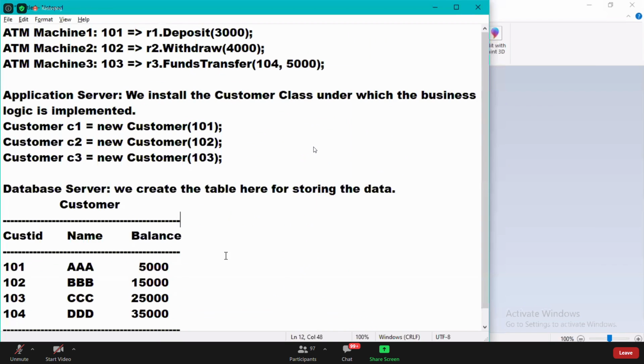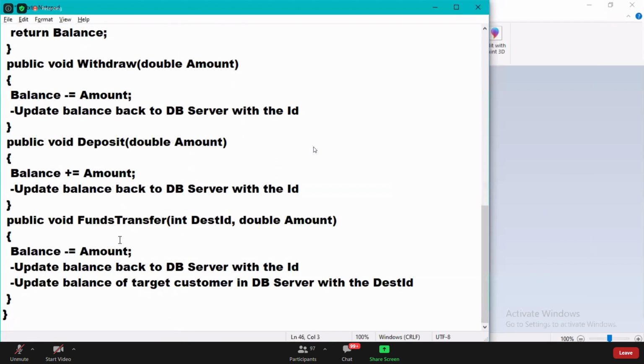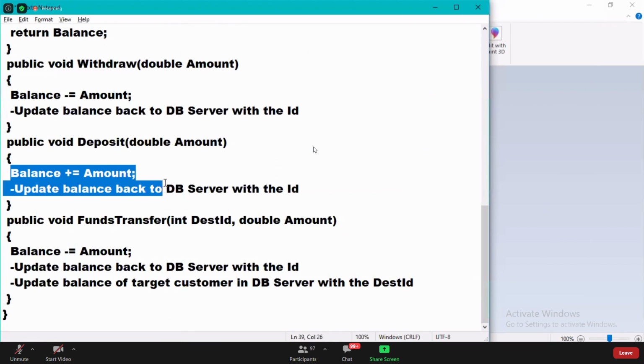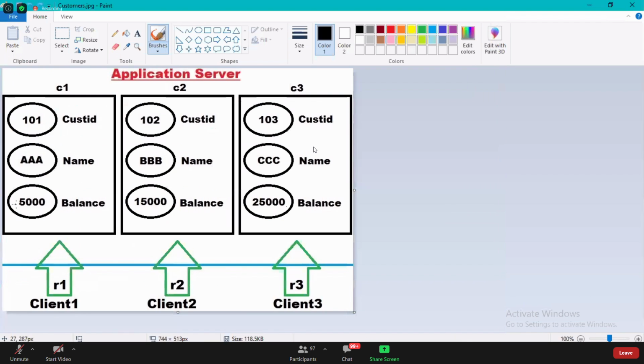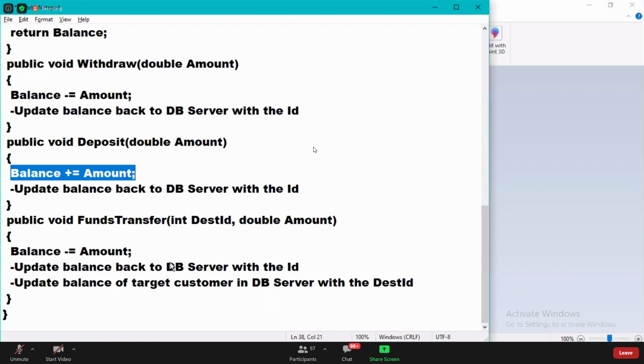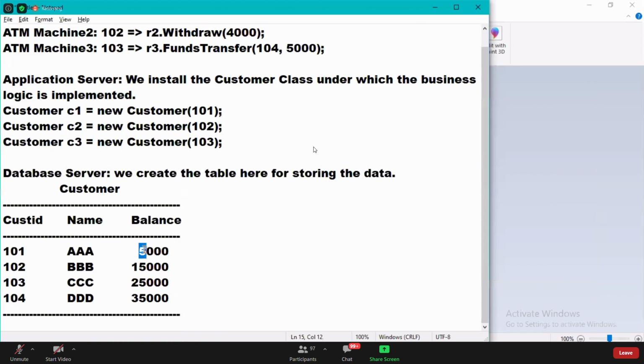In the deposit method, I wrote the logic to add the amount to the balance. Immediately this amount is added to the balance and this will become 8,000. Once this becomes 8,000, the next step is to update the database. It will go to the database and update it.